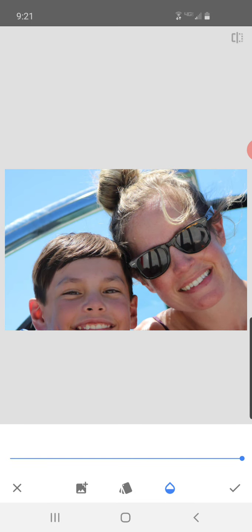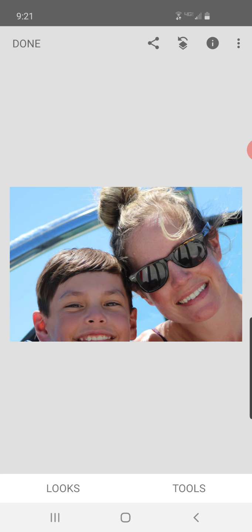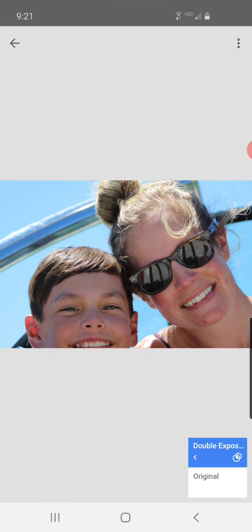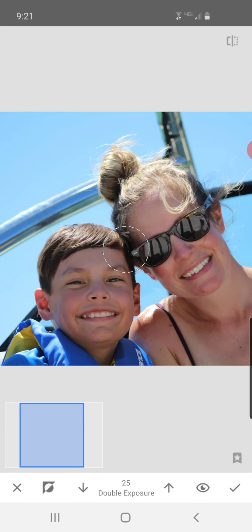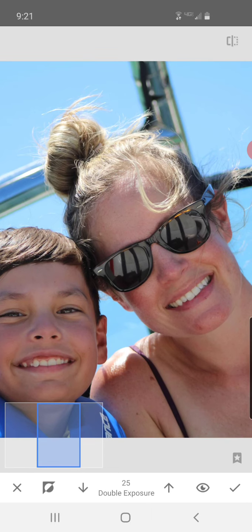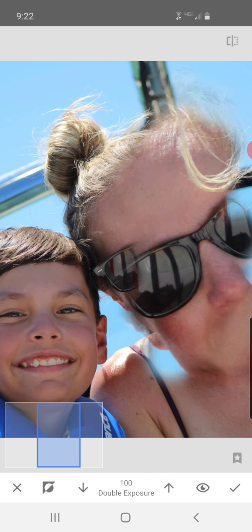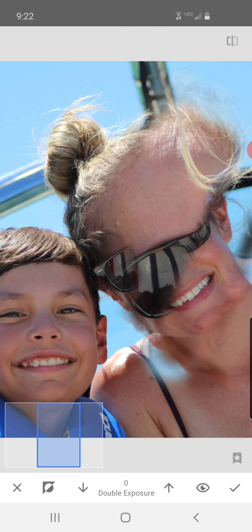So I'm going to turn this all the way up and click my check mark. Now, remember that other picture's under there, and I'm going to go to my view edits. I'm going to go to my paintbrush, and I'm going to paint just on her forehead, because if I paint everywhere, remember that other picture is here, and it's just going to cover up that one, but I don't want to do that. I just want to cover up that forehead. So I'm going to go back